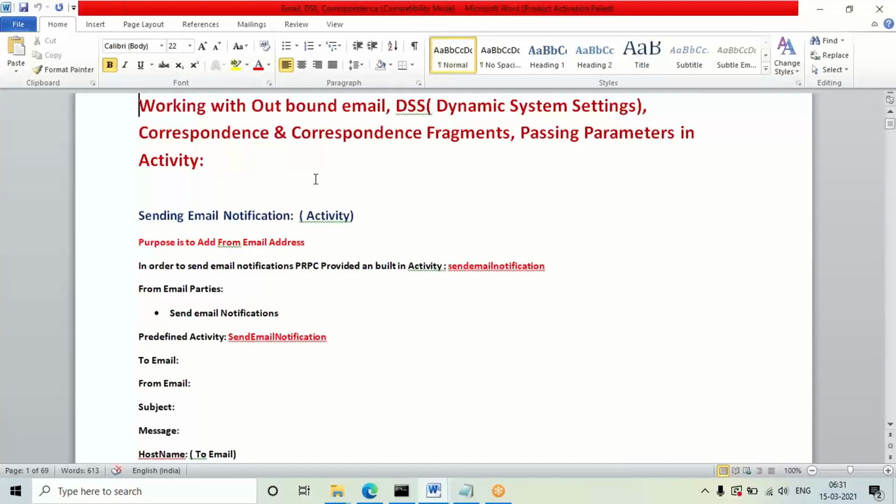If you purchase anything on Amazon, you'll receive a notification with the order information, and after the order is delivered, you'll receive a notification that the order has been delivered. Like that, any web application is going to configure some notifications, and how to do that we are going to understand today. These notifications in an application can be configured through an activity and through some flow shape, but along with that some additional rules also we need to define, and we are going to understand what those are.